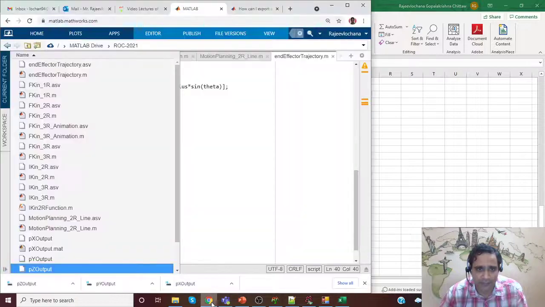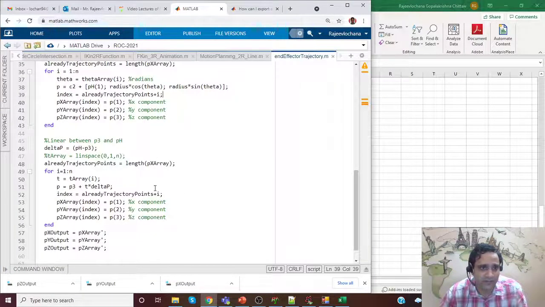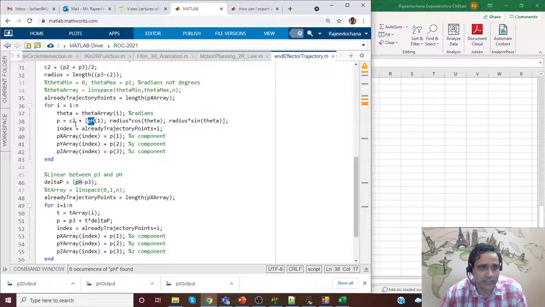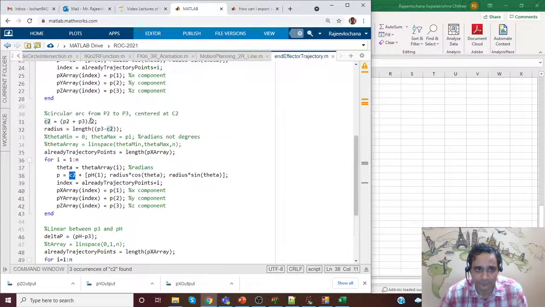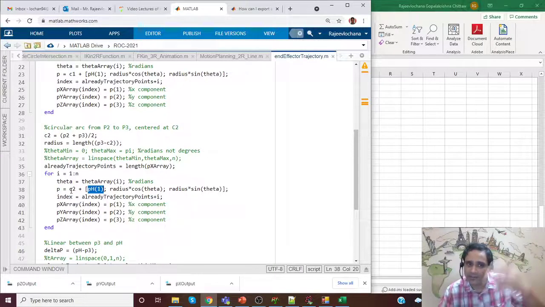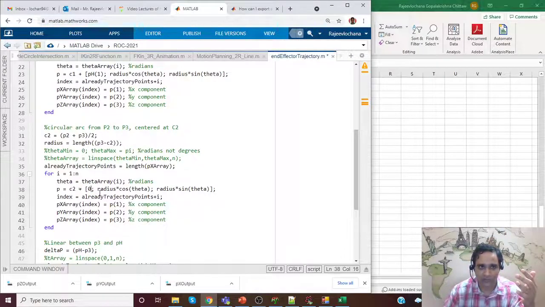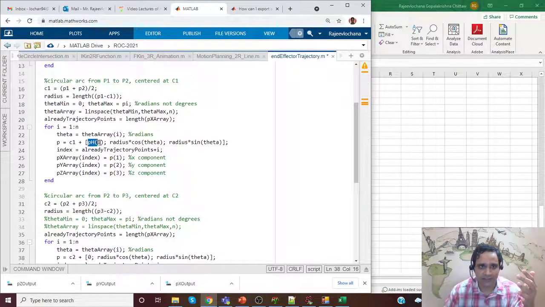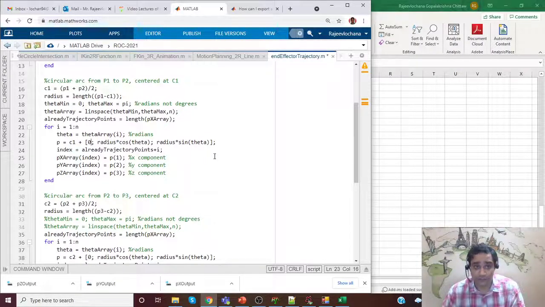Okay, so in our MATLAB code somewhere I think there is a mistake. Okay, now I understand what is the problem. See, C2 already has a pH. In the circular motion C2 it is already at the same location, so I should have used 0 there. Similarly here in the circular motion I should have used a 0. Because C1 already has XH, it is making it double. It's good that we get these issues.